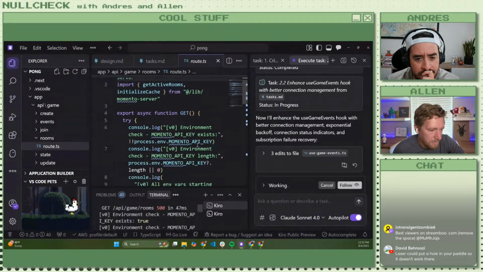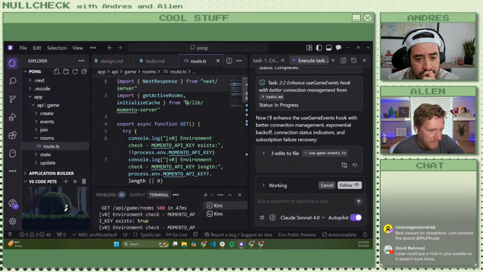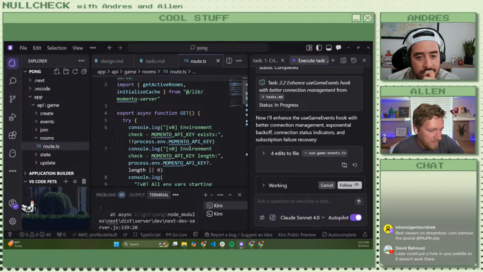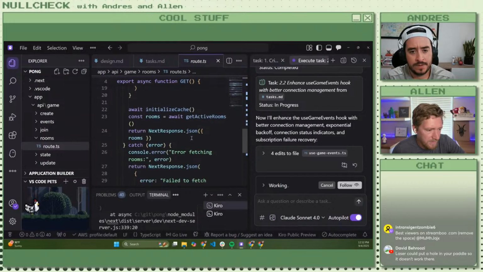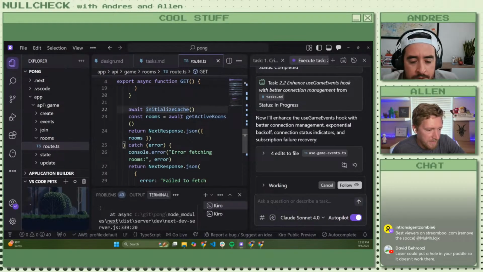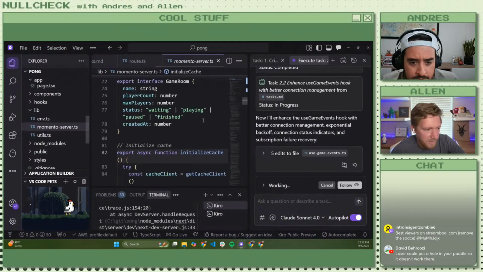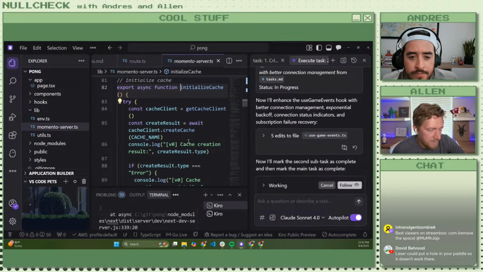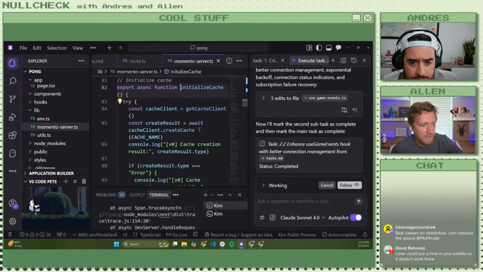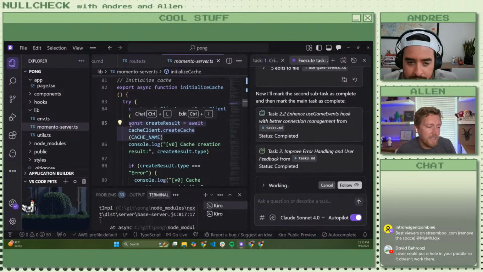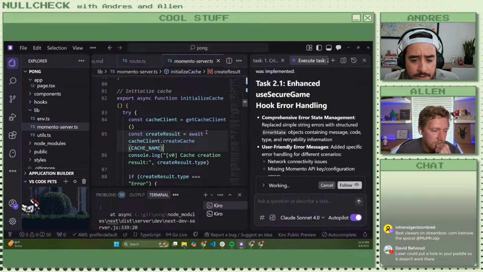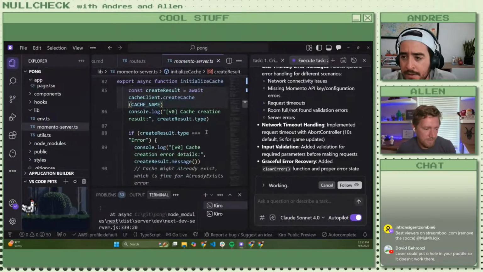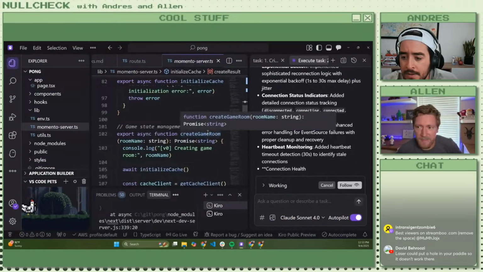This is a get. Okay, it's doing get active rooms from a different location. Initialize and then get active rooms. So let's look at that. What does that do? That's getting the cache client, and then it's still trying to create, it's still doing this, and this is not what we wanted. I will fix this.